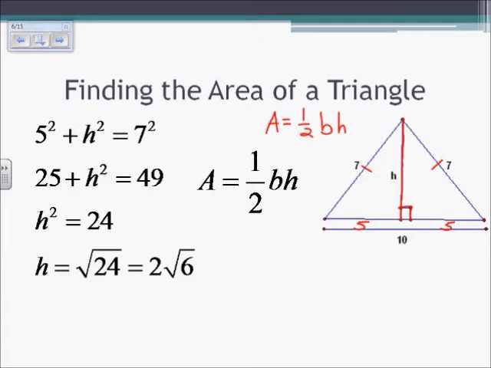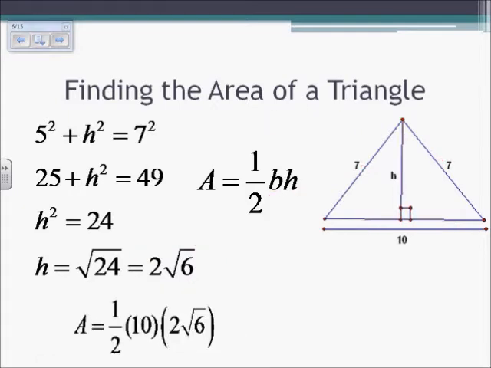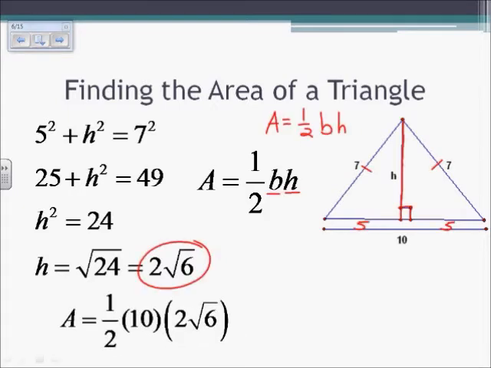And then solving, h squared is equal to 24, square root of that, and we're left with 2 square root of 6 as the height. With the formula, if we know the base is 10 and the height we just solved for as 2 square root of 6, we can plug those in. We have area is equal to 1/2 the base 10 times 2 square root of 6, simplifying then with our exact value as 10 square root of 6, or approximately